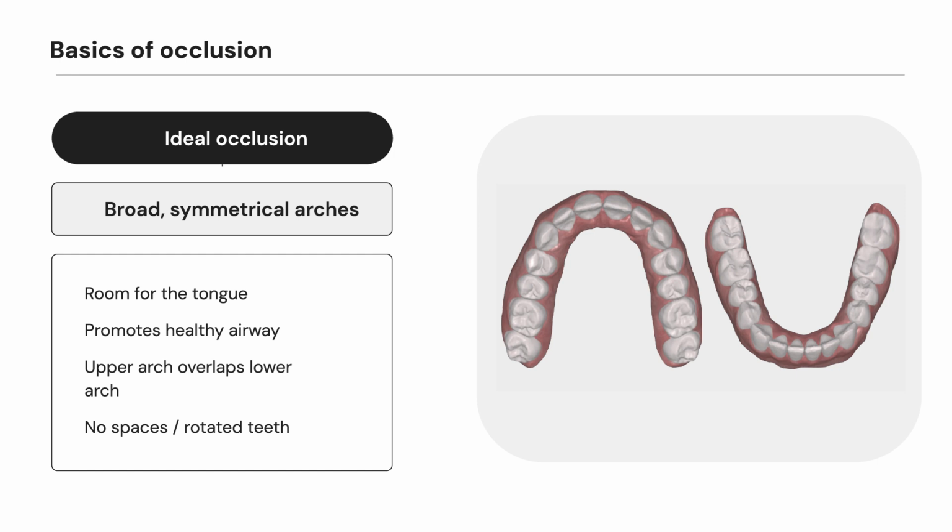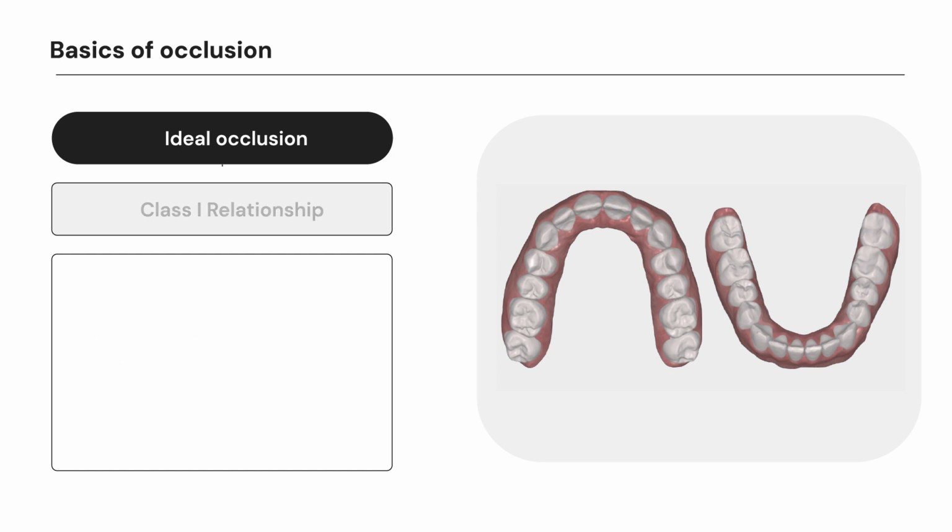Something that actually is relatively new to not just healthcare, but dentistry and medicine in particular. Dentistry really started to embrace this long before medicine did. Not only do we want to have room for the tongue, but we want the teeth to fit together properly. So we want the proper amount of overlap, and we want the amount of space up front there. And we'd like to have the teeth not rotated. If it's an ideal arch, the teeth should all fit together without spaces or crowding, and they should